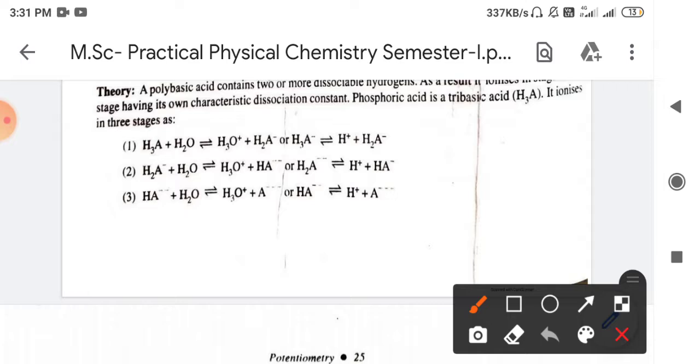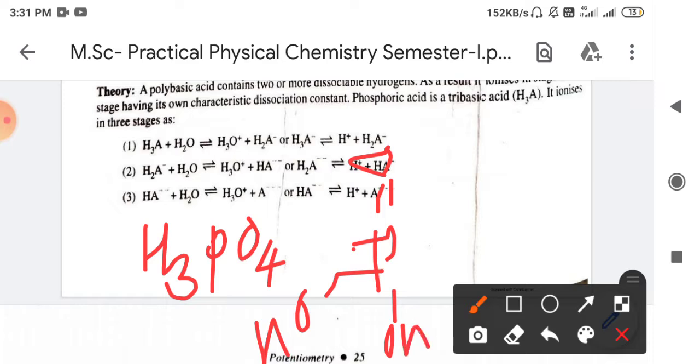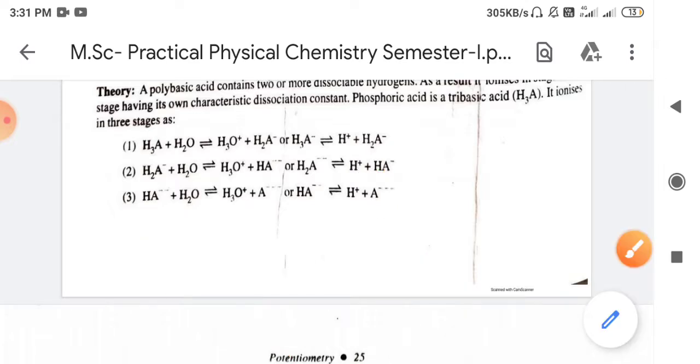So here we are using what? Phosphoric acid. It is a tribasic acid and it is quite a strong acid, and tribasic acid means there are 3 protons. H3PO4, this is the formula of phosphoric acid. The structure is P double bond O, and there are 3 OH groups attached to the phosphorus, okay. So these 3 protons are exchangeable, or these 3 protons can be donated. So it acts as a tribasic acid, okay.